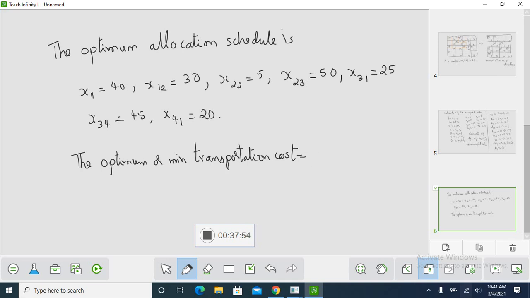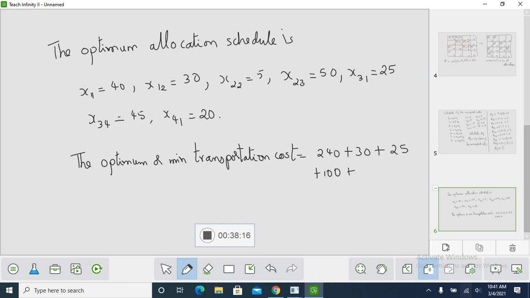You will have 6 into 40 plus 1 into 30. So 6 into 40 is 240 plus 1 into 30 is 30 plus 5 into 5, 25 plus 2 into 15, I think value is 100